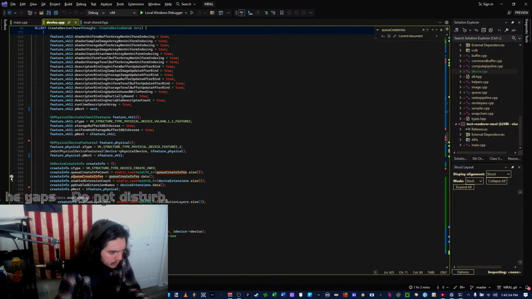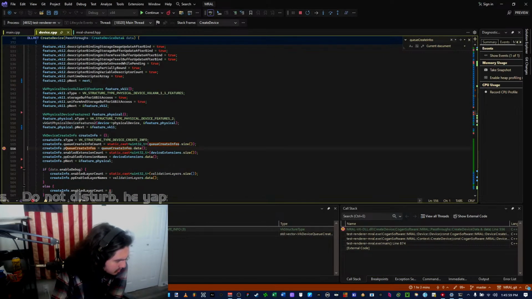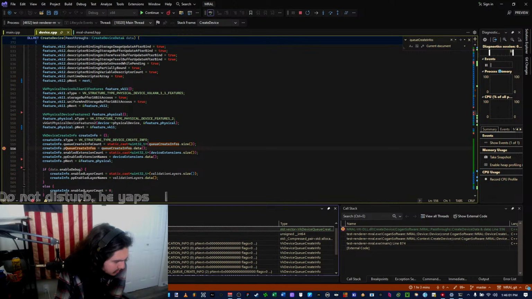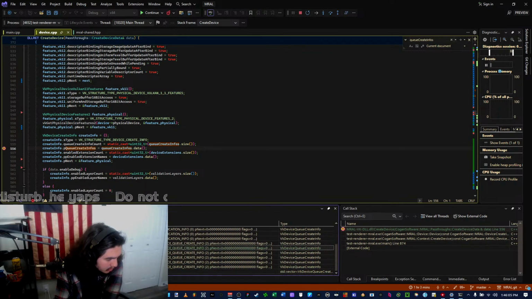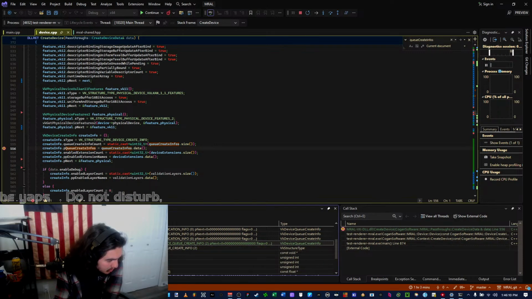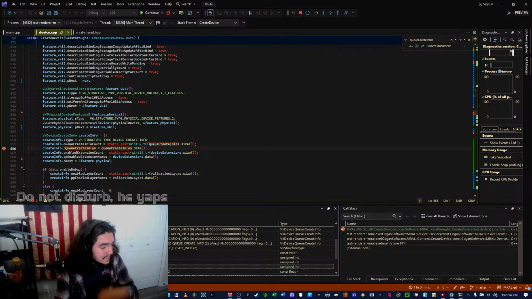I guess use a breakpoint. Create info is 12. Queue count 16.